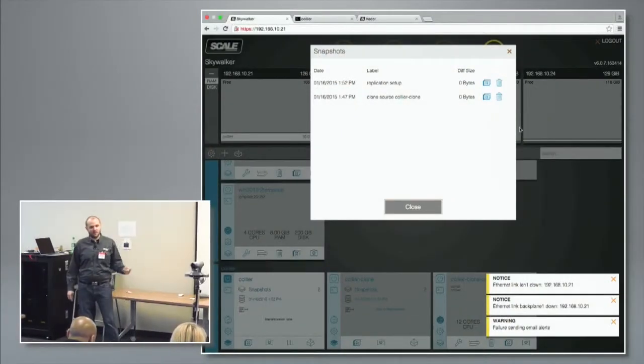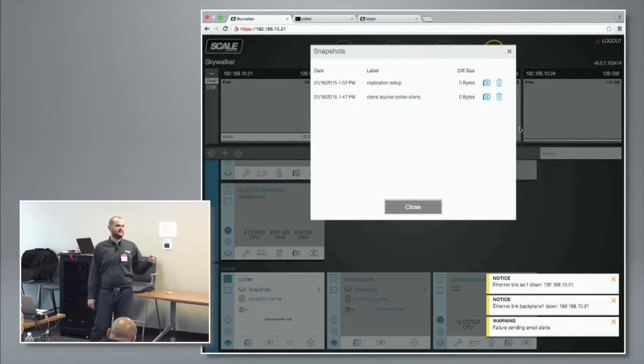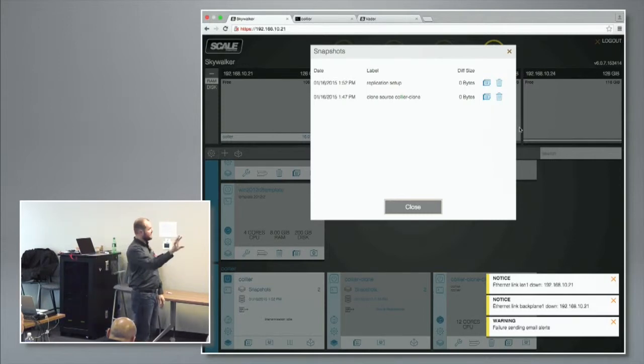So I clicked Setup Replication, picked my target cluster, and the first thing it did was take a replication setup snapshot. So it's taking a snapshot and getting everything it needs over to the target cluster. And from that point on, just the block differentials, anything that changes on that VM as it evolves, you update it, it's a SQL box, you're writing to it, that gets pushed across to